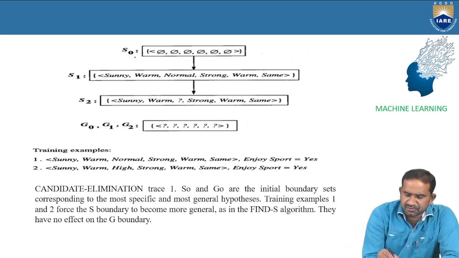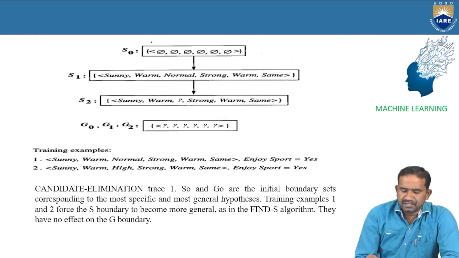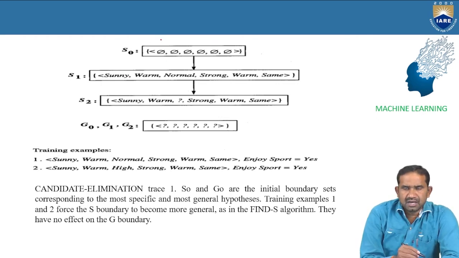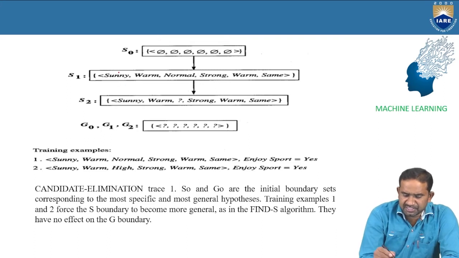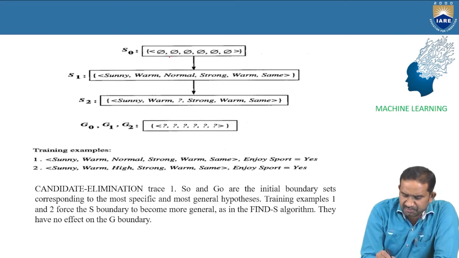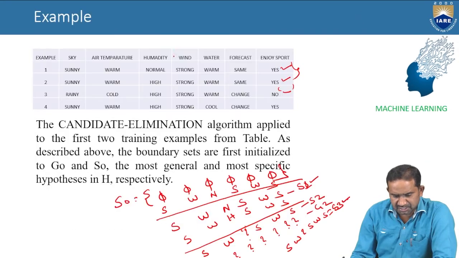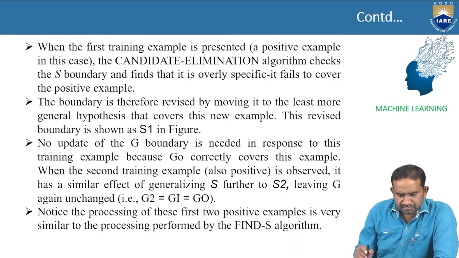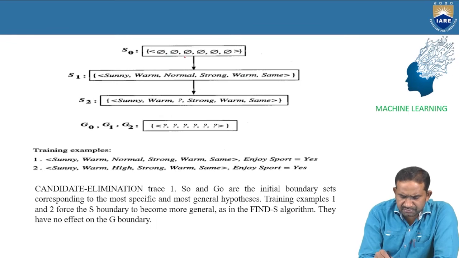Initially, we analyzed the phi symbol, meaning null. And the first one is the first training example. If anything is compared with the phi value, it comes out the same. Then we compare the first example. For example, we can take one more observation about this S0, and then we compare with S1, the first parameter values: sunny, warm, normal, strong, warm and same. We compare and get the second output.